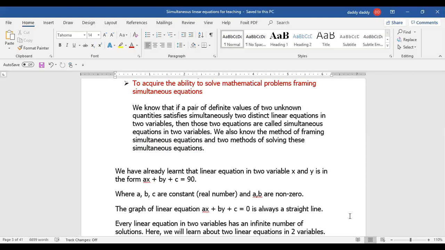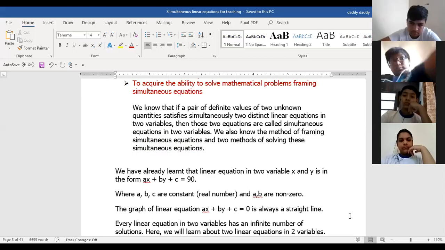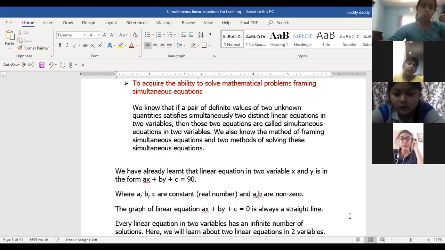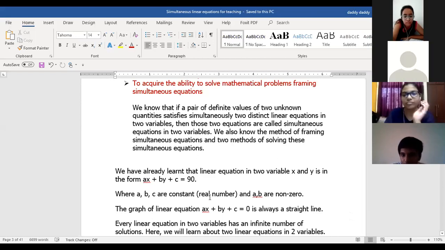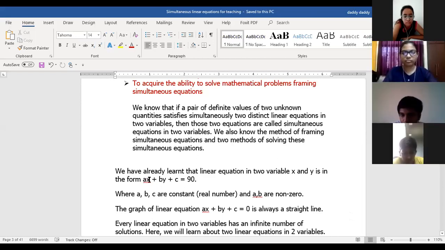First, we need to understand the terms only. Ma'am, may I answer? No. Okay, let me explain. Any equation where the variables are used, I have told you in grade 8 also, but most of you don't remember. So any equation where the variables have got highest power as 1 are called linear equations, right?